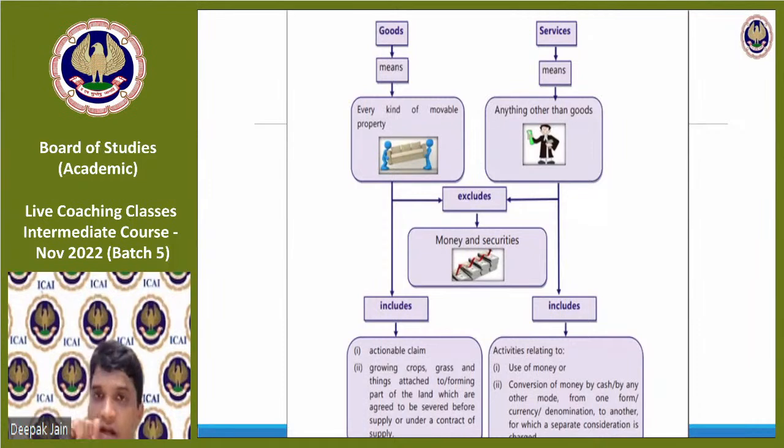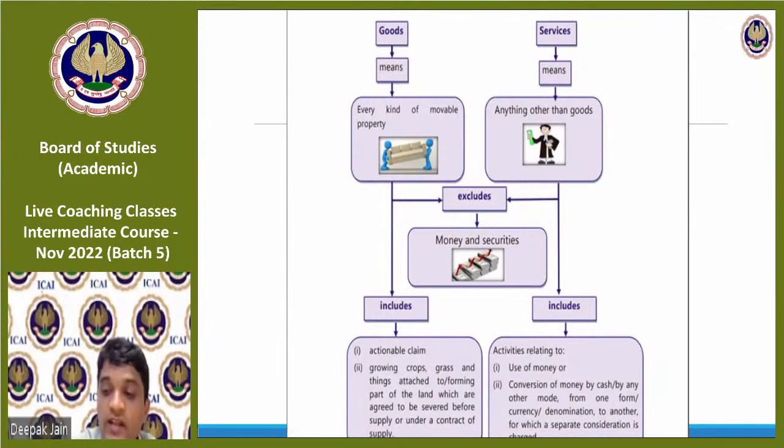When you get to Schedule 3, you'll understand actionable claim more clearly, because they've said actionable claims are outside the scope of GST. In Schedule 3 it is treated as no supply, no goods, because they didn't want to charge GST on every actionable claim. Actionable claim other than lottery, betting, and gambling. Lottery is an actionable claim, betting is an actionable claim, gambling is an actionable claim, and collection of debts is also an actionable claim. But they've said only these three. Apart from these three, all other actionable claims are no supply of goods nor supply of services. So actionable claim is there under Schedule 3.